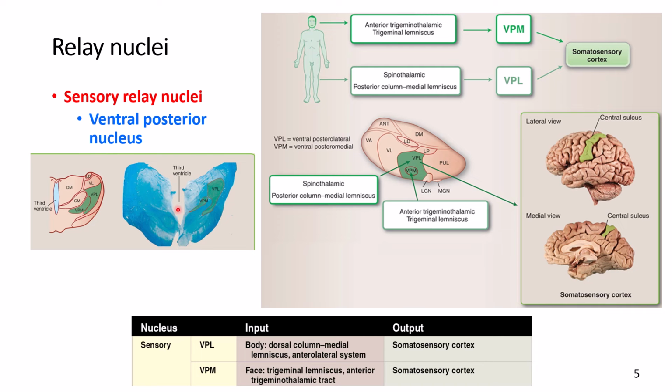So this is the third ventricle there. So we start from this diagram. There are two different nuclei, and they're receiving different information. So the VPM is receiving information from the anterior trigeminal thalamic tract, and if you remember, this is part of the trigeminal nerve, and that is receiving pain and temperature